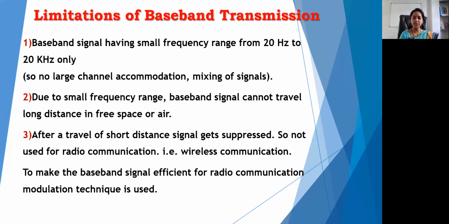Just imagine how low this frequency is. If you communicate in this range of frequency, nothing is possible: you cannot modulate it, you cannot mix the signal, you cannot multiplex the signal. The bandwidth is also very small. These are some of the disadvantages. Then, after a travel of short distance,